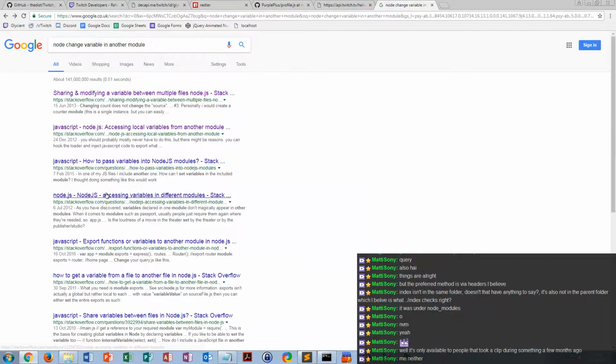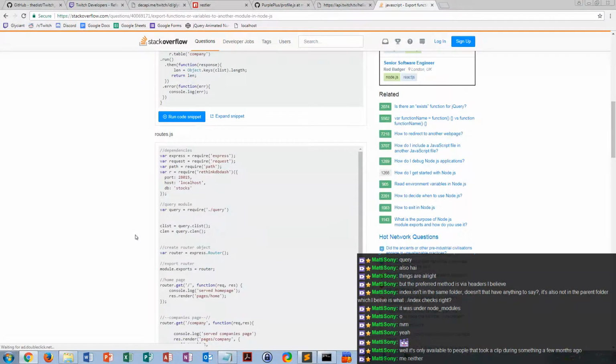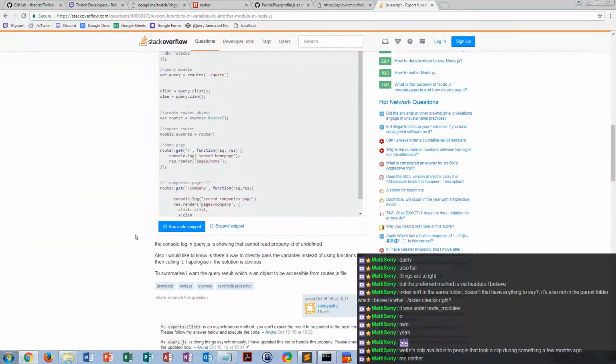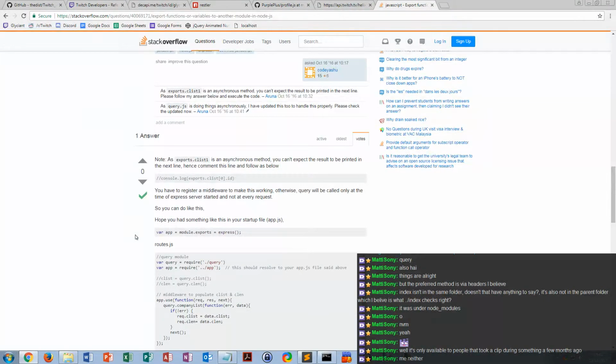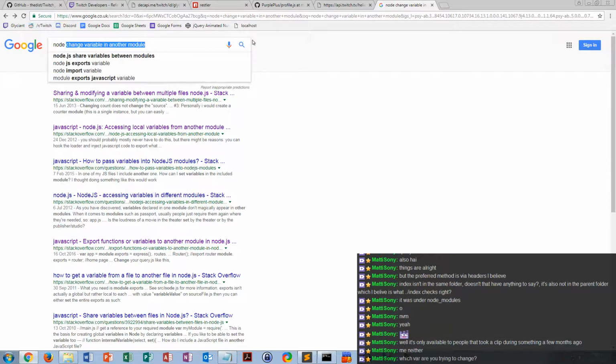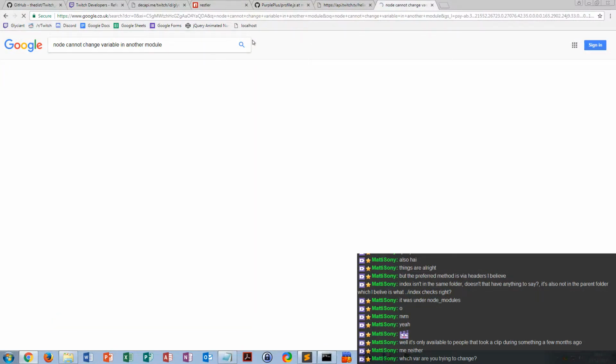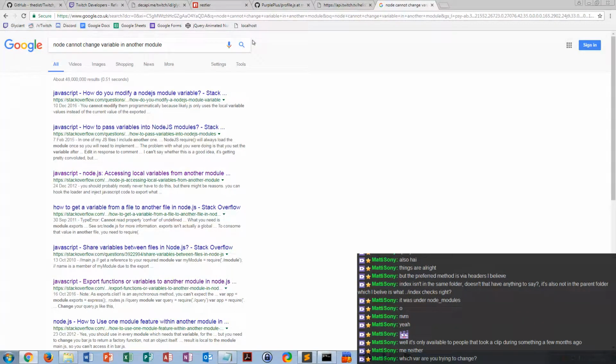This is the bit that I don't get. Oh, why is this so difficult? Maybe just easy. So, node cannot change variable in another module. The only thing I can think of is if it's not just loading every time, because